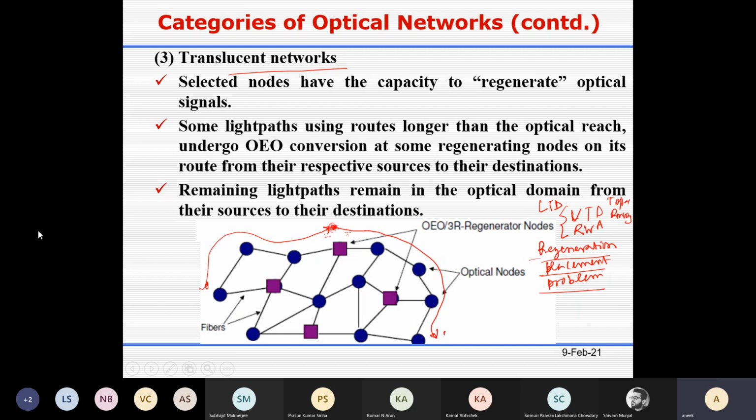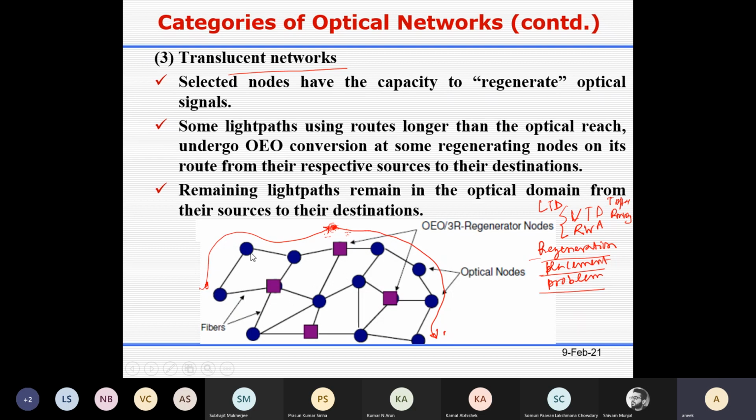The idea is not just this. The difference is whether your local traffic is added or not. Since local traffic is not added, they consider source to destination one light path, and this is a translucent light path. Translucent network means that some of the light paths will be translucent, because you don't have a regenerator at every node.